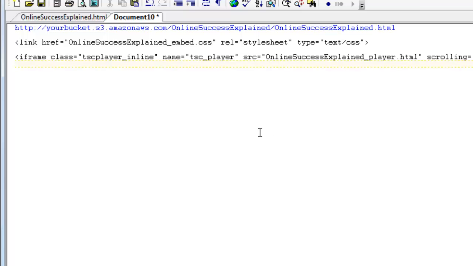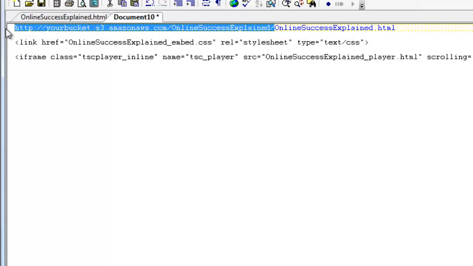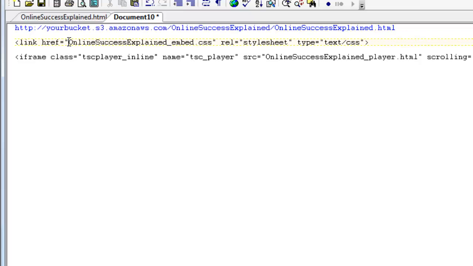Now I need to go back and tell it where to actually find those files, because it says it's looking for the embed CSS, but it needs to know where to find that on Amazon S3. So I come back up and I grab the entire URL up here minus that last part. So I don't want to take the HTML part. I just want to take everything prior to that. So I'm going to pick that up. I'm going to copy that and I'm going to paste it right in front of my embed code, so that